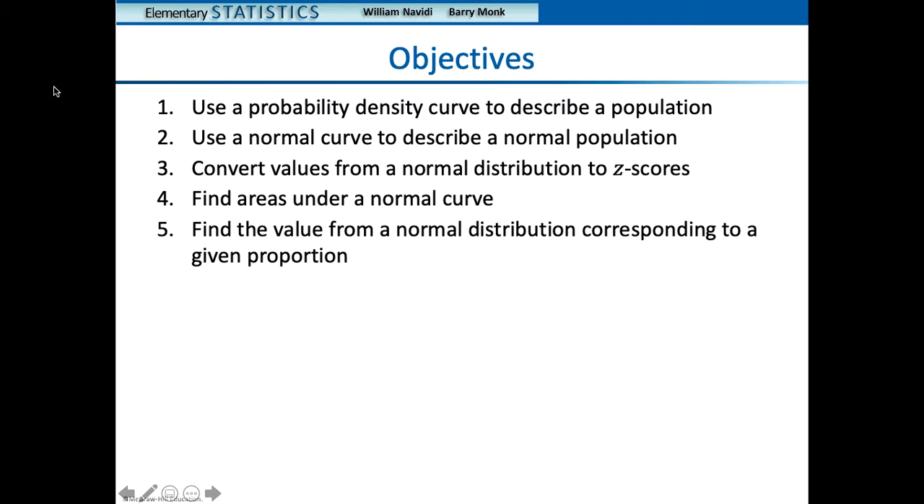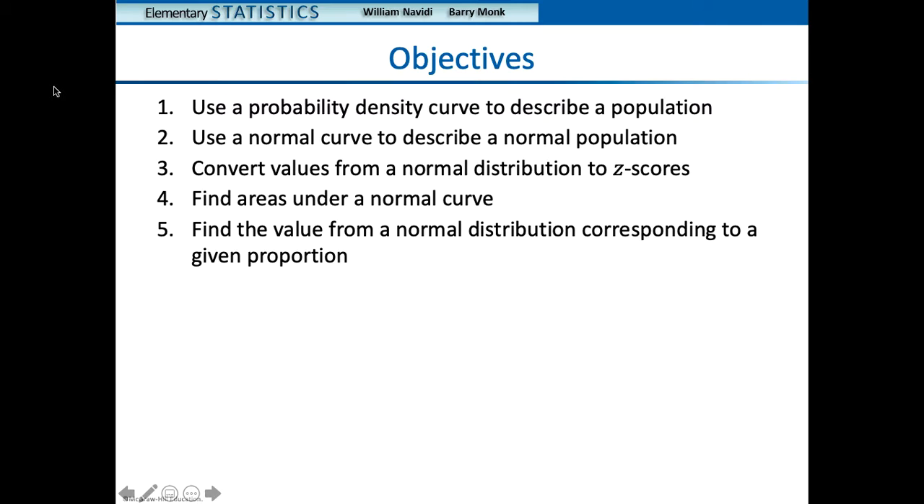We're going to revisit the concept of z-scores, which we covered in an earlier class, and look at ways of finding areas under a normal curve. And we'll wrap up by looking at how to find the value from a normal distribution corresponding to a given